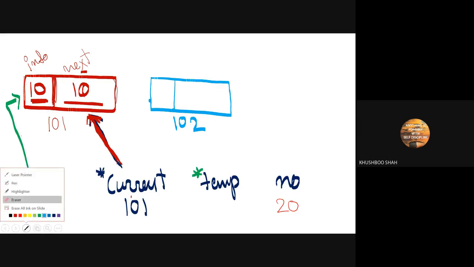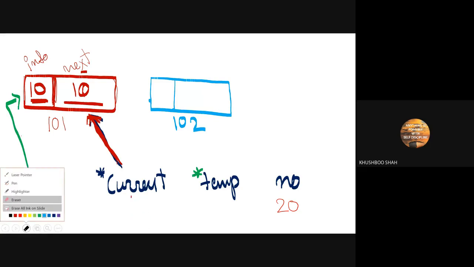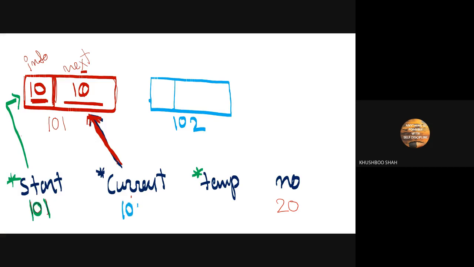At the moment we assign 102 to current, the current will have 102, this link will break, and the current variable will point to this node, because current contains 102, which is the address of this node.